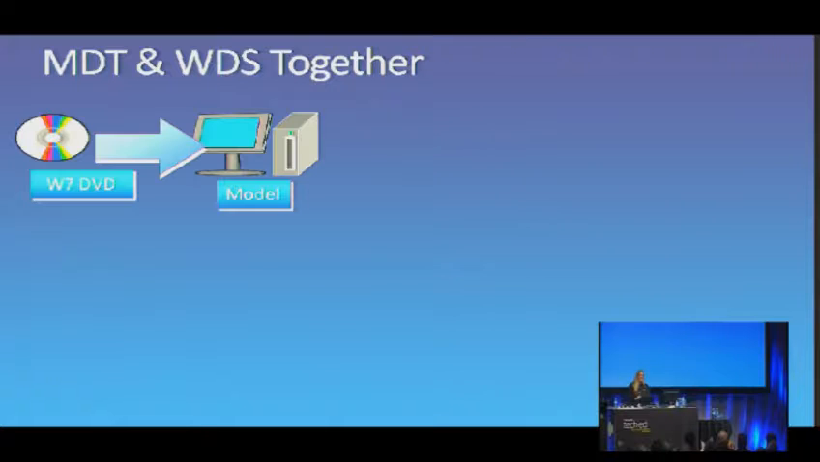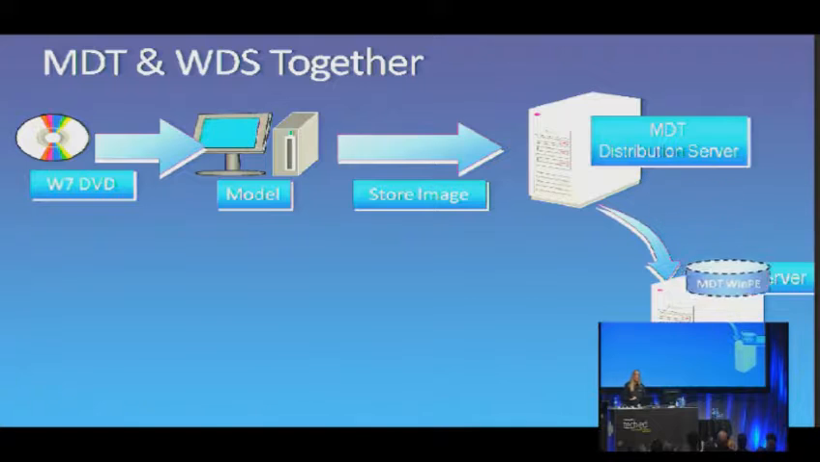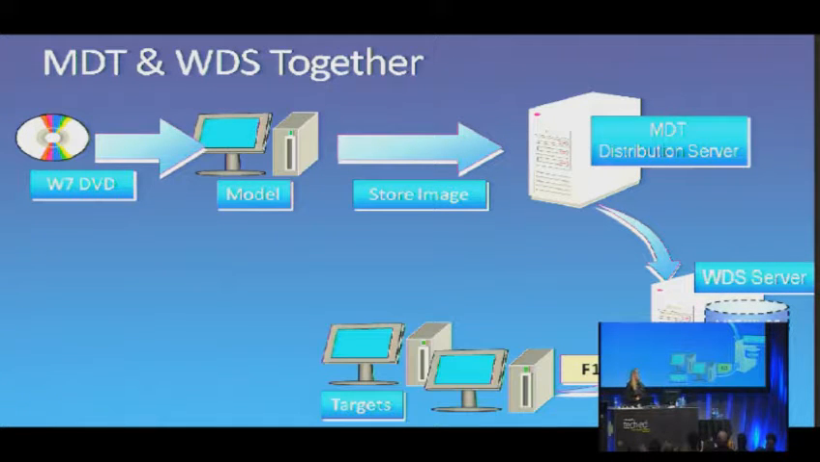Last topic, MDT and WDS together. The nice thing is that MDT WinPE, that's automatically generated for you on the deployment server, can be stored on your WDS server. Then you can go out to your target machines. You can PXE boot, F12, them. They connect to the WDS server. You choose the MDT WinPE, and that thing's smart enough to know